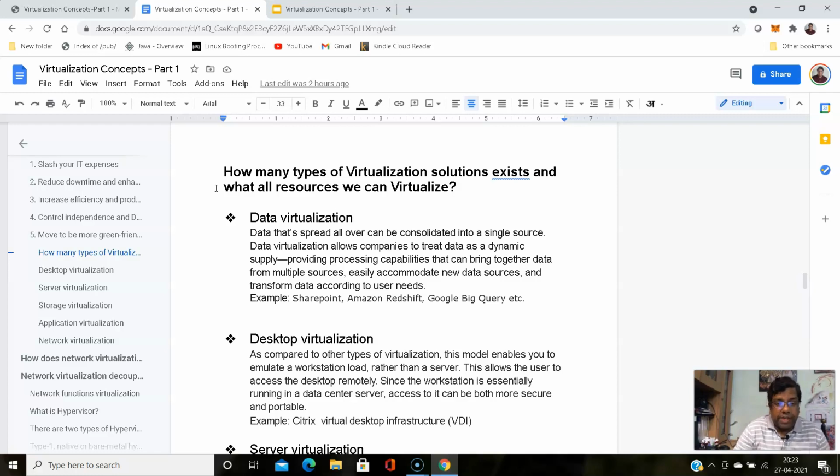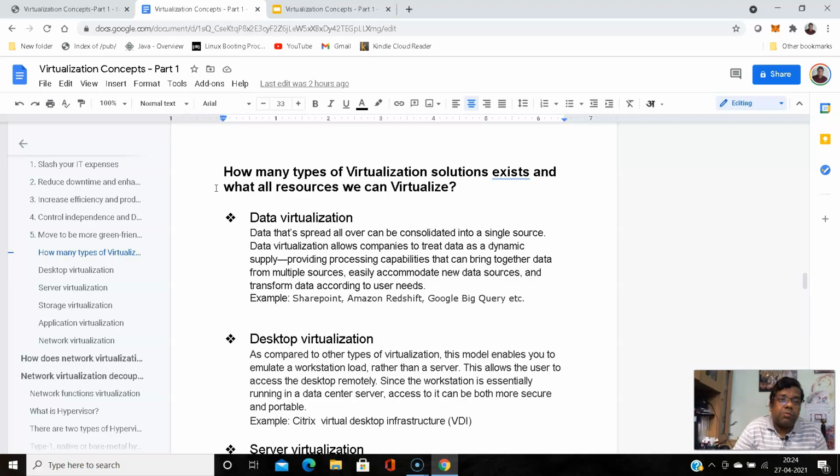For example, Amazon Redshift provides analytics capability. It can process and store large amounts of data captured from various sources, accessible from a single interface. Google BigQuery is another one. SharePoint is widely used in the industry, and we are also using SharePoint in our environment.